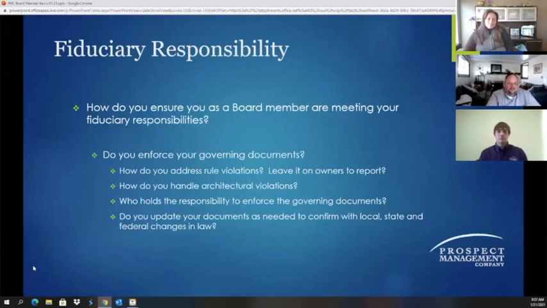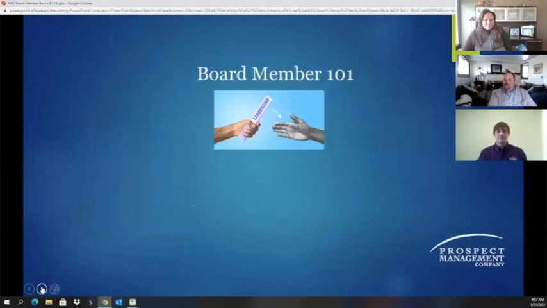Again, the key here is doing what's in the best interest of the association at all times. And once in a while, that is going to overlap with what's in your own personal best interest, because you're going to benefit from it directly being a board member. But if it's in the best interest of the association, that's okay. If it's not, and it's only in your best interest, maybe you should look at doing something different than what is being discussed. So with that said, I will turn it over to Laura.